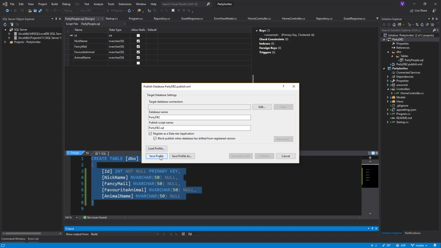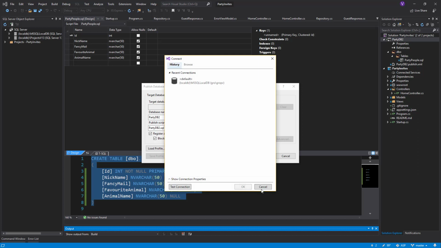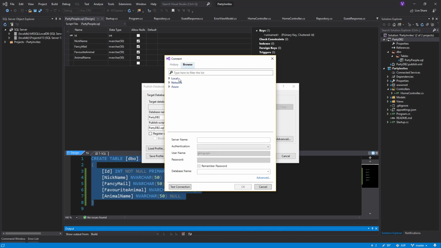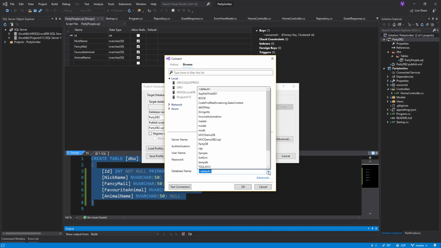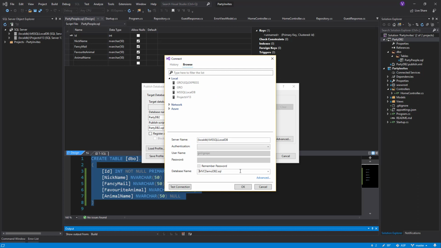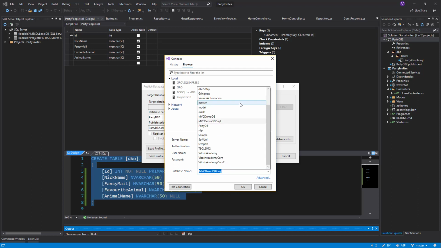Data tier application. Oh, wait, everything's wrong. I mean, I had to target a database connection first. And so, just forget about everything. And yeah, so database connection, browse, local, MS SQL DB, test connection, of course, localhost works. Database name. Which database name would it be? This one. MVC demo DB2. No, it wouldn't be this one. It would be